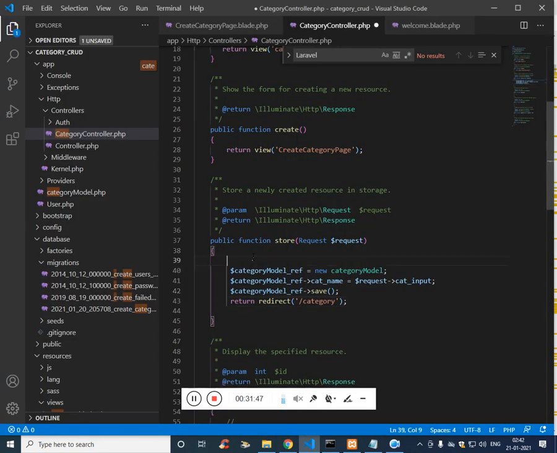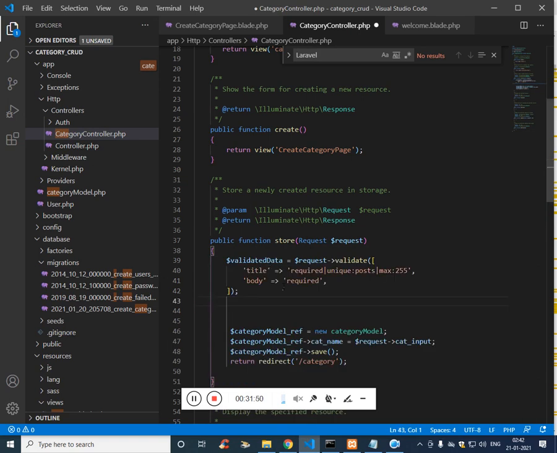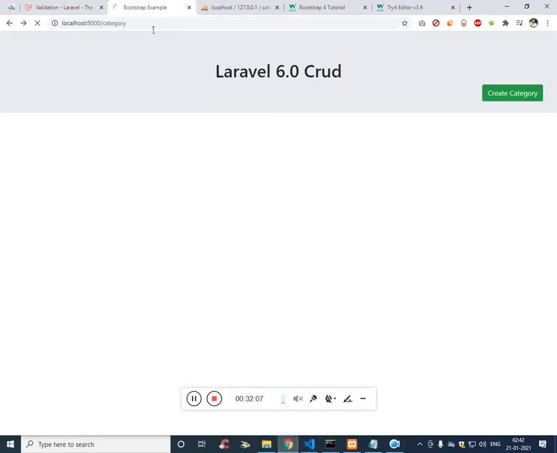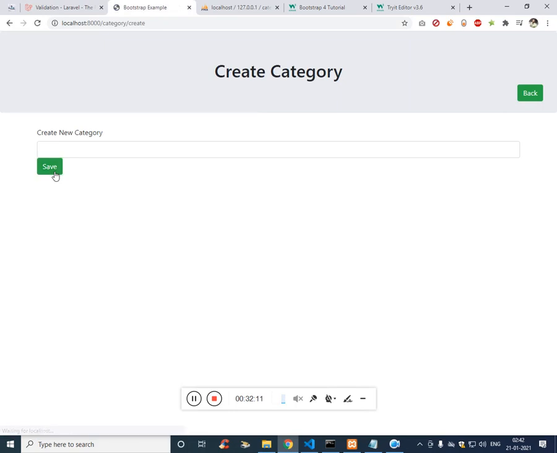Before getting anything, we don't need this, request validate, and here we just have to pass the input field name. And now if you see, click on create, click on save, it is not going to do anything.